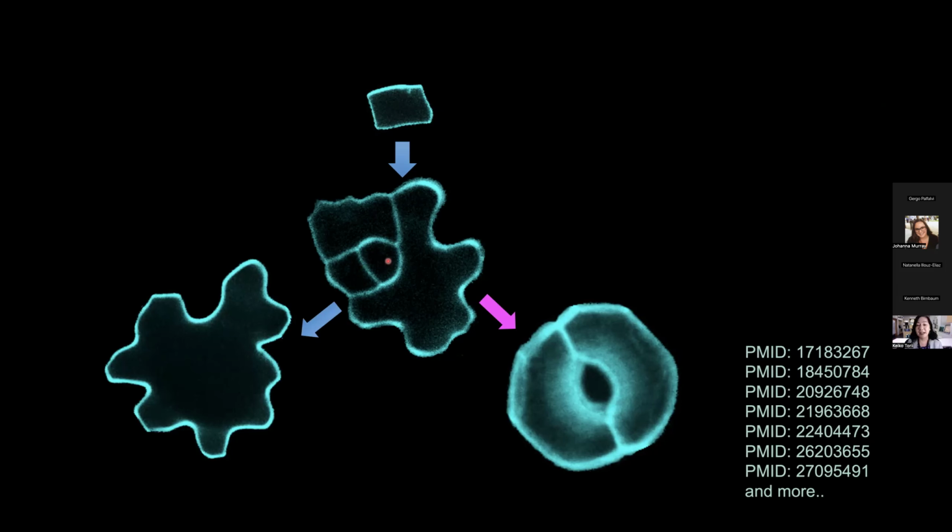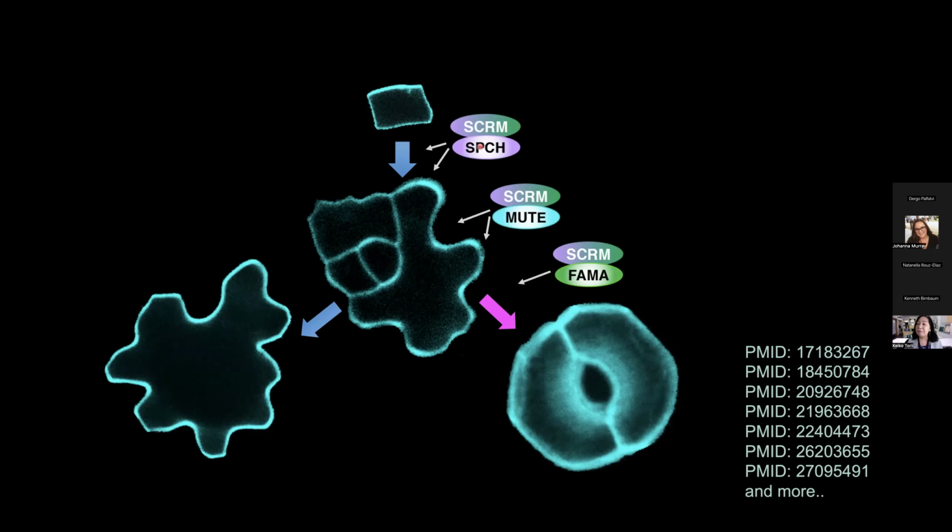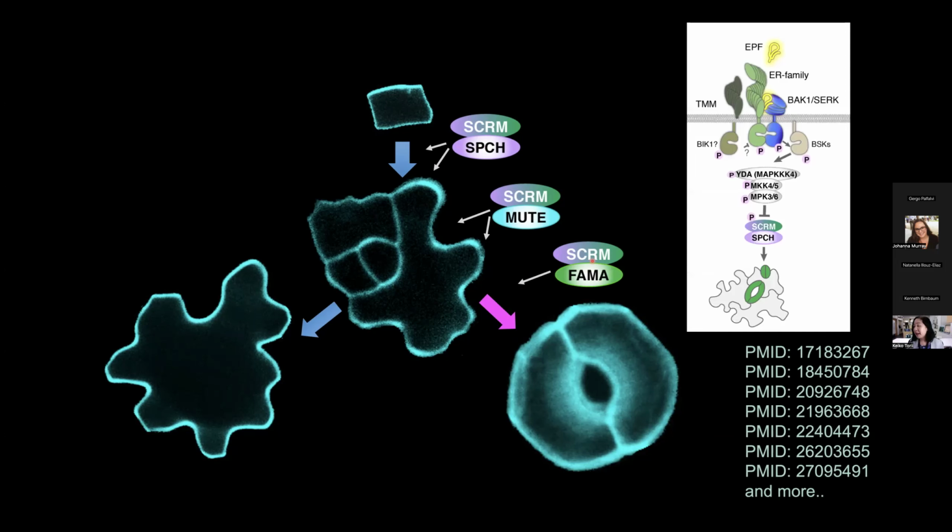And these steps are regulated by basic helix-loop-helix transcription factor heterodimers: SPEECHLESS, which initiates and promotes proliferation; MUTE, which promotes differentiation; and FAMA, which leads to terminal differentiation, heterodimerizing with the paired bHLH protein named SCREAM. And my work and that of others has shown that peptide cell-cell communication mediated by the receptor kinase complex,